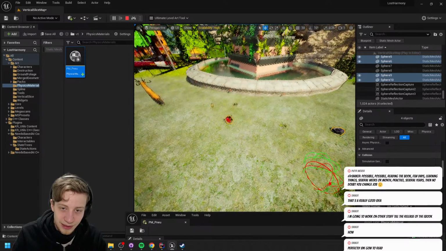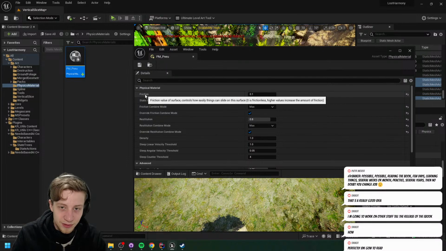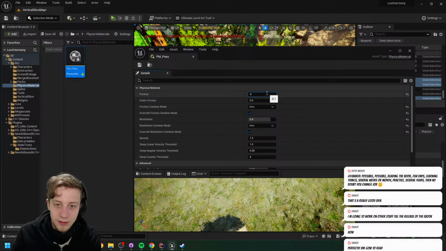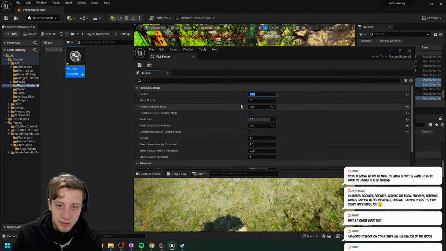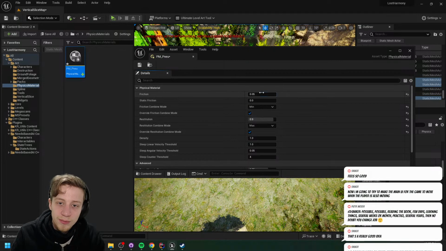Yeah, it feels way more like an actual pneumatic. Let's see, you can maybe add a little bit more of the friction. Wait, let's want this lower. And maybe bounciness we can put a little bit higher. Wait, no, this should be minimum, right? This shouldn't be maximum. I'm stupid.